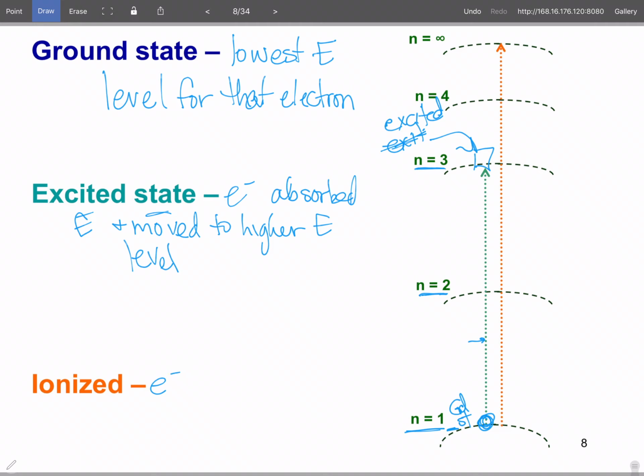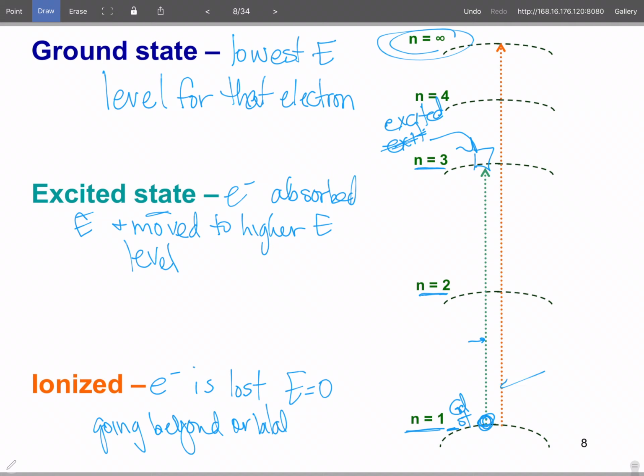Okay, ionized means that the electron is lost. That means the energy between the electron, the attraction between the electron and the nucleus is zero. So that's when we go to infinity. Okay, so it is going beyond the orbitals. It is lost to the electron. So when we start talking about electrons, if they're where they're supposed to be, lowest energy, that's the ground state. You give them extra energy, they're going to move up. That's the excited state. Now, the excited state, they don't stay there. It's kind of like you climbing up on the top of a slide and sliding down. You're going to come down. And then if you go all the way past,